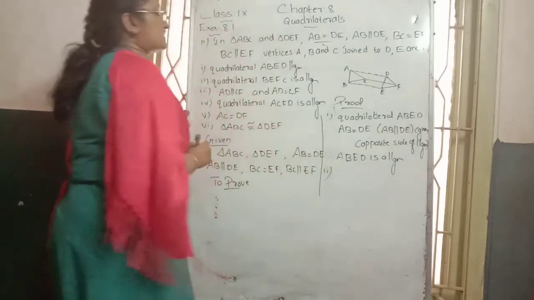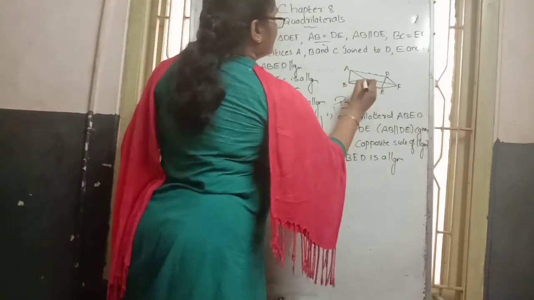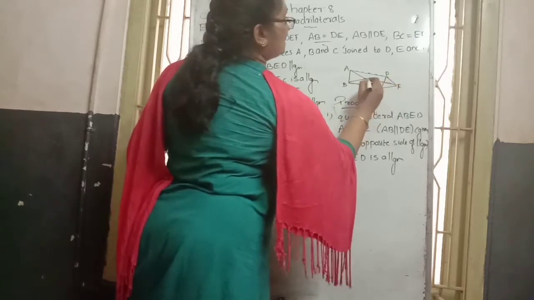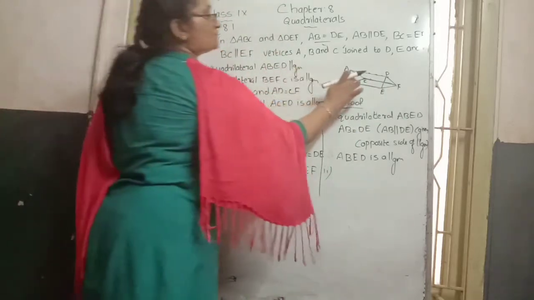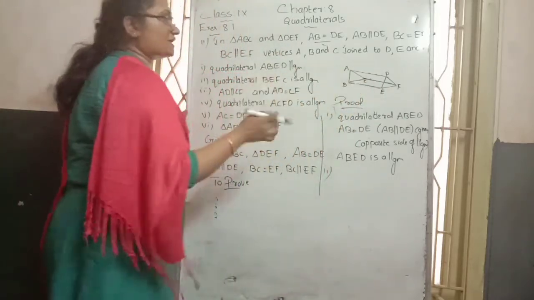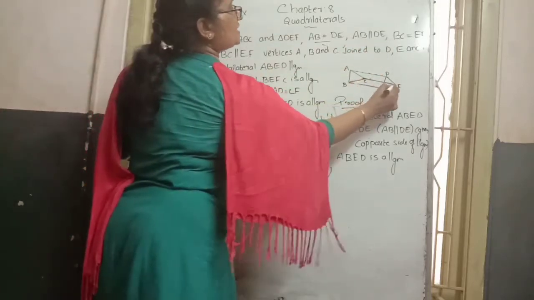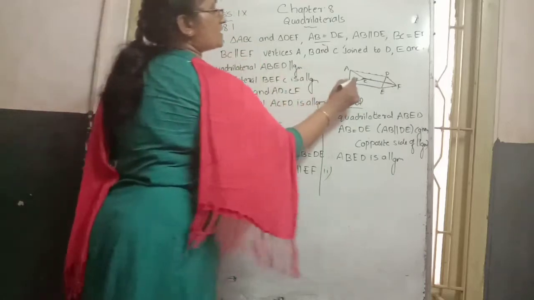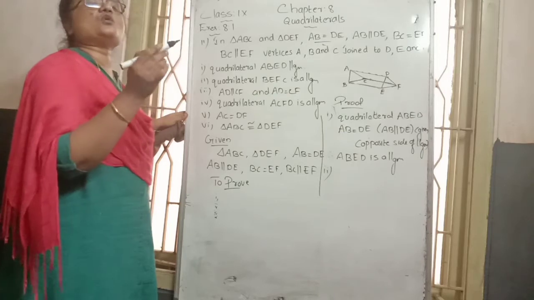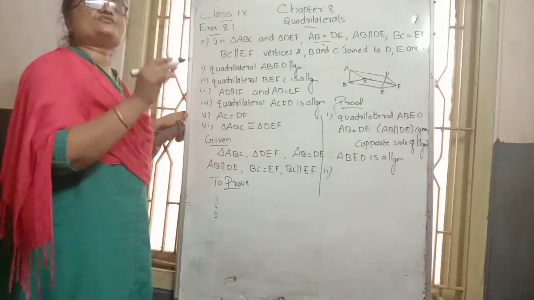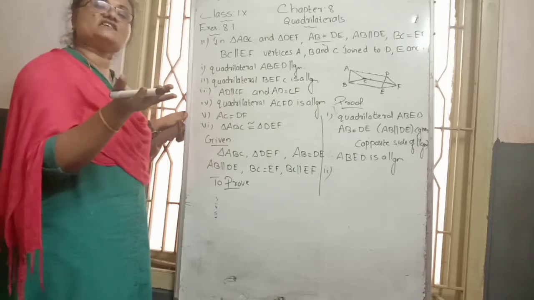Then second case: the quadrilateral BEFC, where, see, BEFC is a parallelogram. This is the parallelogram case. How to prove the quadrilateral becomes a parallelogram? There also the information is given. BC side and EF side are equal. That's why BC and EF are parallel. What about the two sides? They are an opposite pair of sides of the quadrilateral. Opposite sides are equal and parallel. Such a quadrilateral we call a parallelogram.